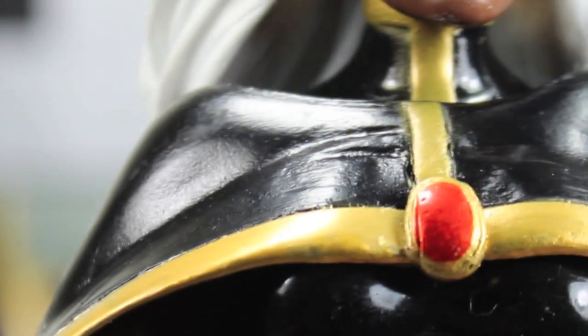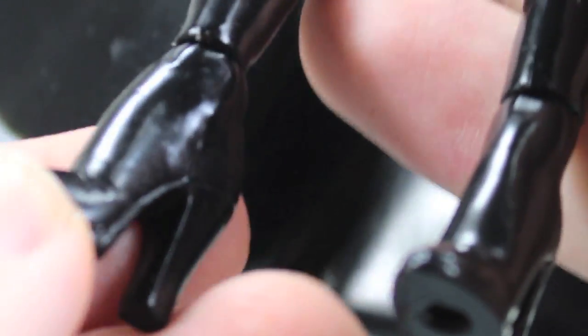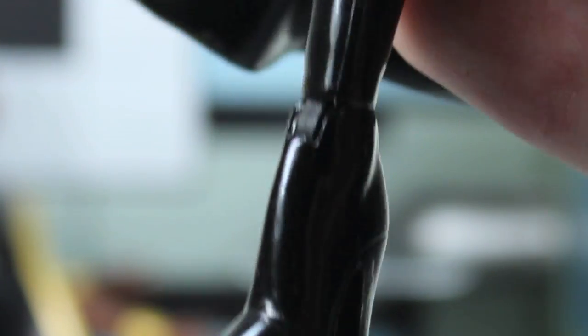Now the costume looks pretty good. The paint apps are pretty good. The very shiny black, and she does even have some painted nails. So, you know, even when the storms are coming, she has to look good. You know what I'm saying? And her gauntlets are pretty good. Like I said, for the amount of painted detail, it's pretty simple by Marvel Select standards. Sharmus Prime did mention her booty is pretty nice, and he really went on that. If you watch Artemis Prime's review, it's a really good review of it. But yeah, the boots also, she has some big old high heels, and this is a tall figure, but it makes it really hard to stand. And like I said, I do like the gold trim on her cape. It's really cool, but I just wish the cape, it's really the hardest cape I've ever seen on a figure,